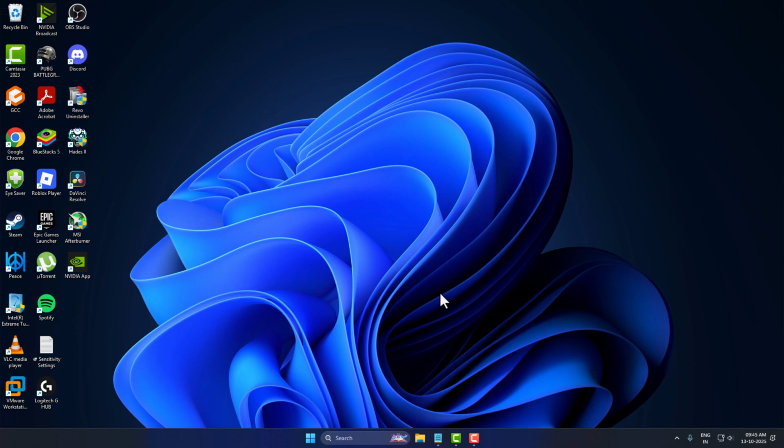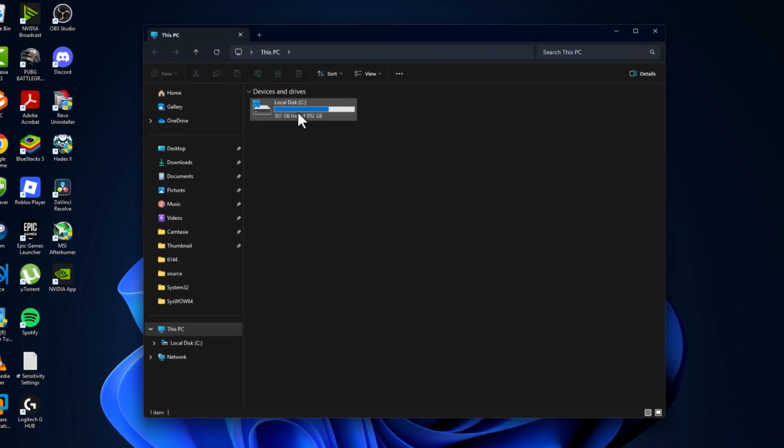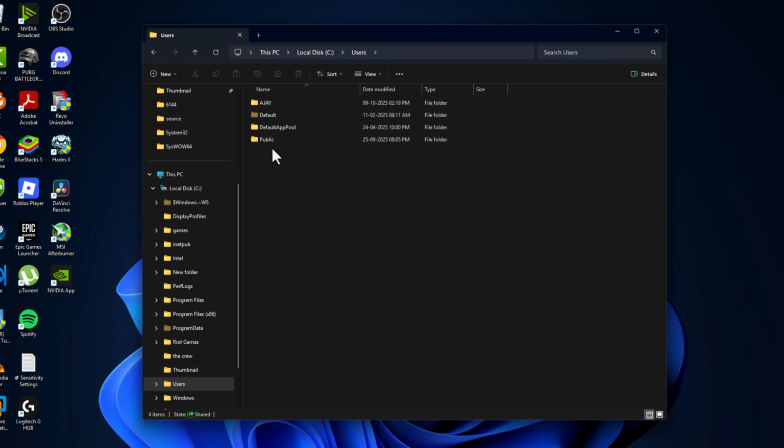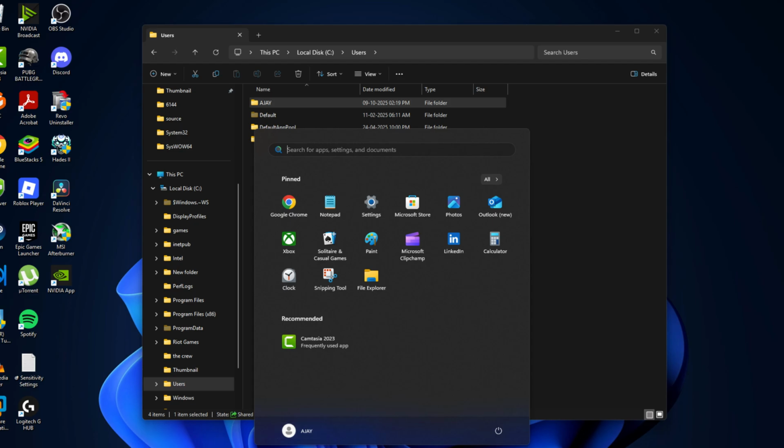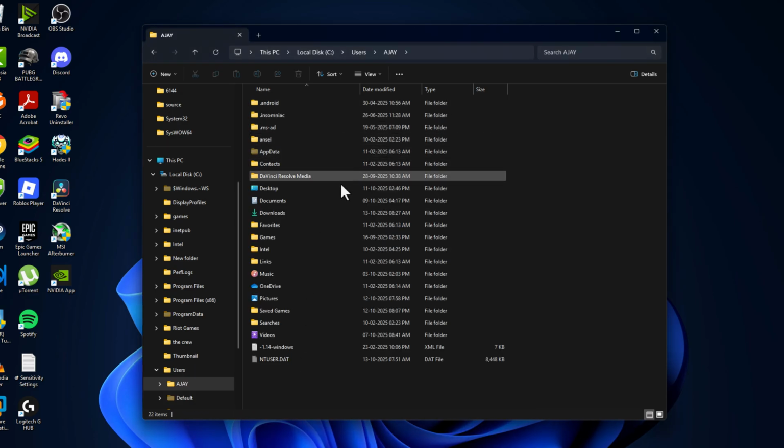I'll show you guys how to do it. Just open up File Explorer and go to C drive, go to Users folder. If you don't know your username, then select the Start icon. Here you can see your username, and then just double click on it and